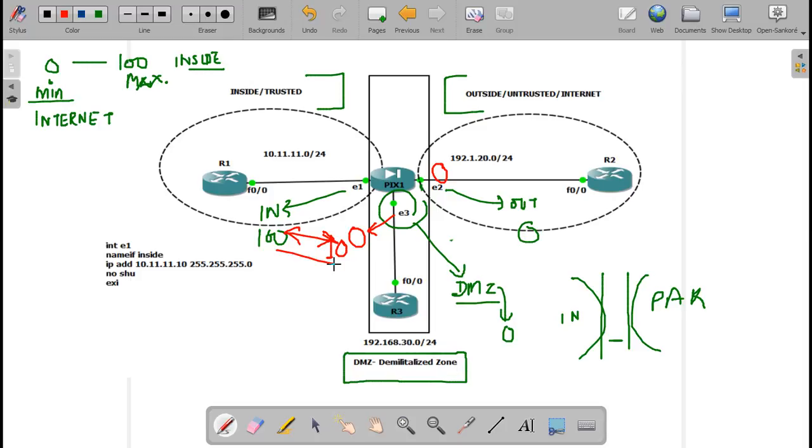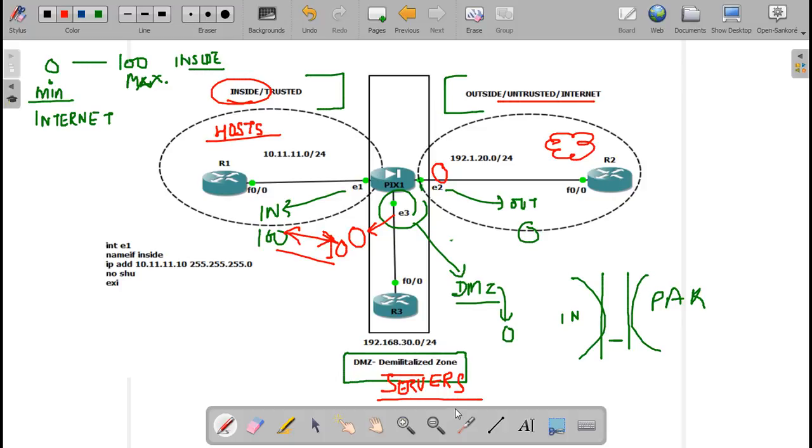I cannot talk. Usually servers are kept in demilitarized zones. All your hosts or the PCs are kept in your inside, and you have internet in your untrusted or outside zone.